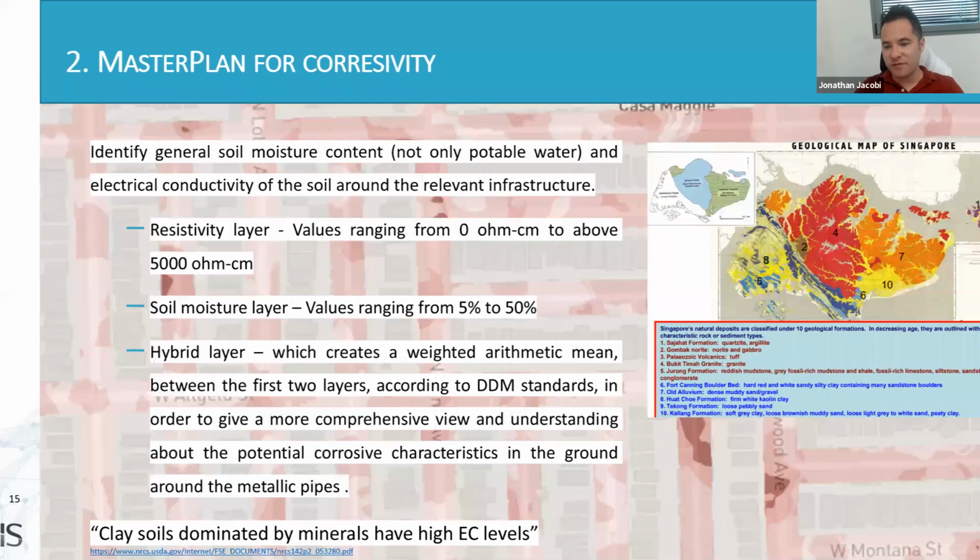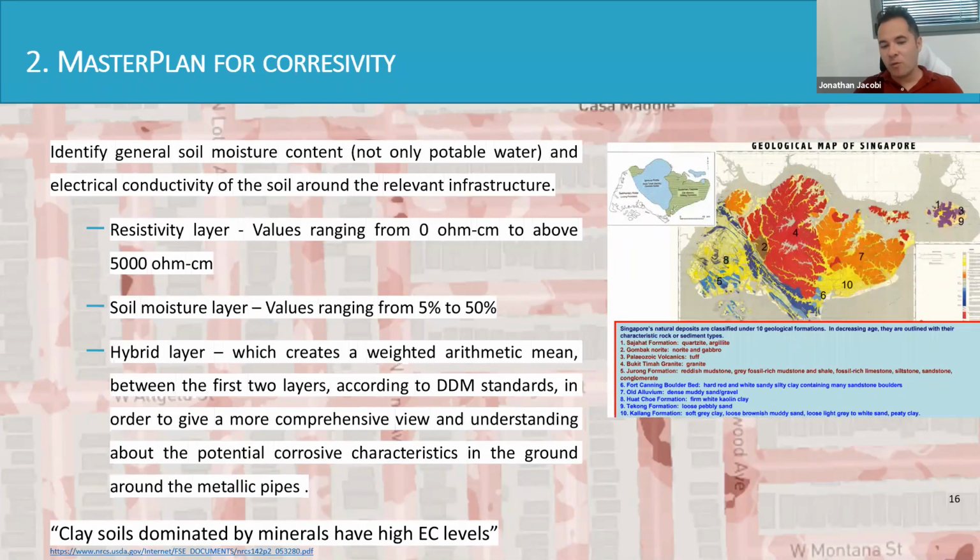Master plan for corrosivity. One of the main concerns today with metallic pipes is the fact that you can put them in the ground. Yes, they're better for leak detection. Obviously, they have resonance for acoustics, but in areas with corrosive soil, they don't last, and the cost is very high. But what if we could know in advance where we have corrosive soil?